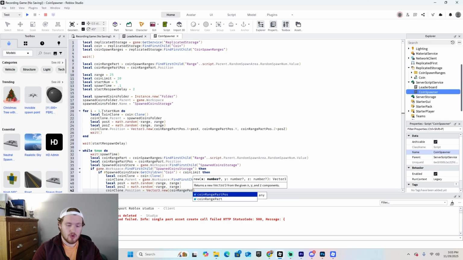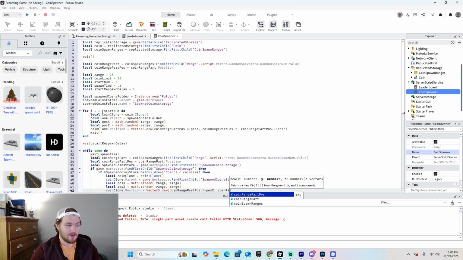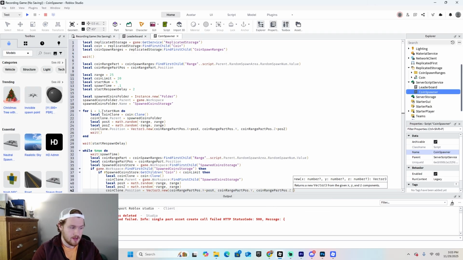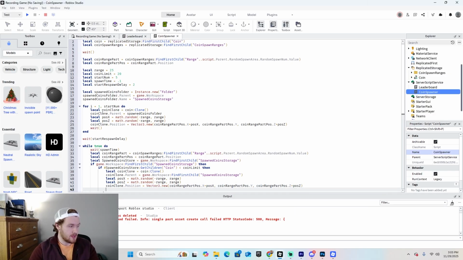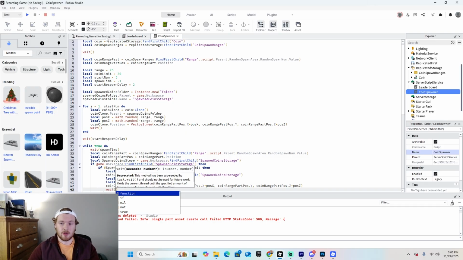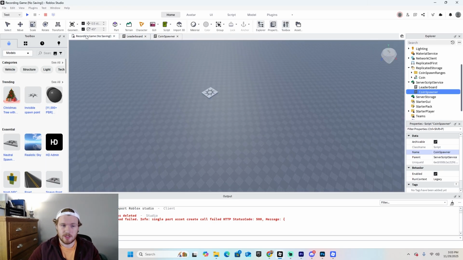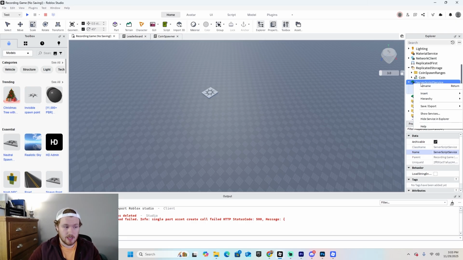coin range part pos dot x plus pos x, coin range part pos dot y, and coin range part pos dot z plus pos z, and we will wait. And then we are all done with our coin spawner script. So we can head on out of that, and then we are going to insert another script into the server